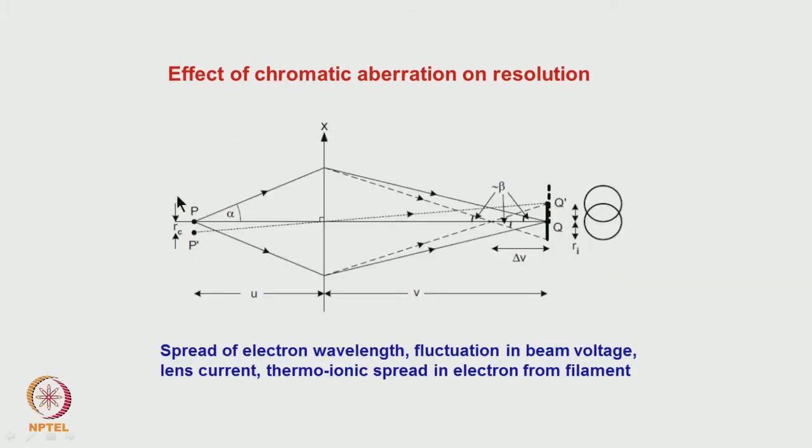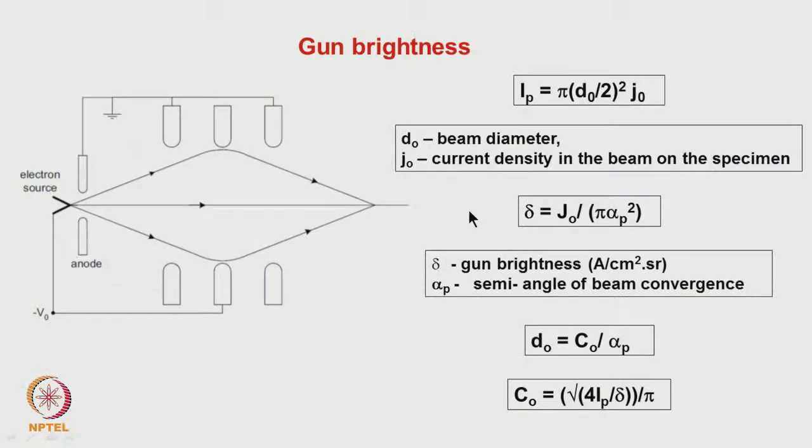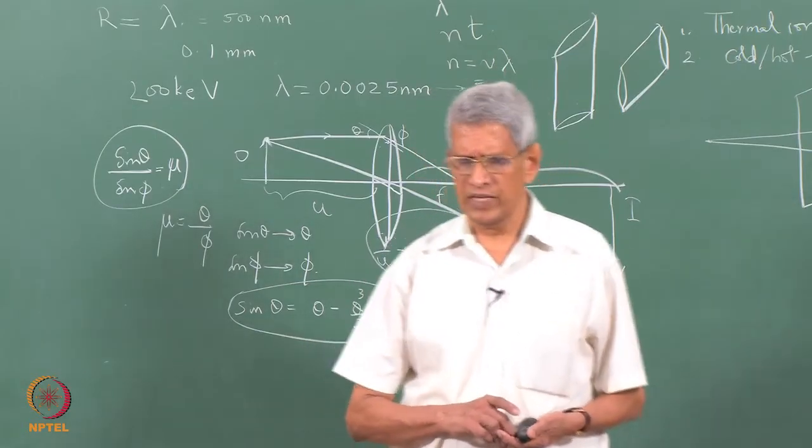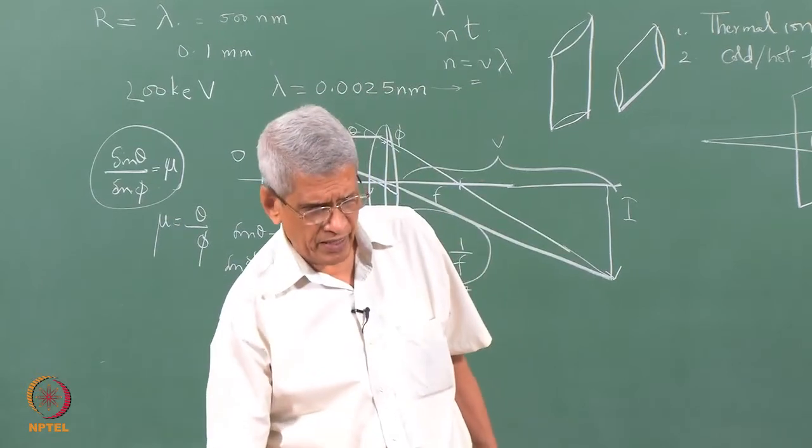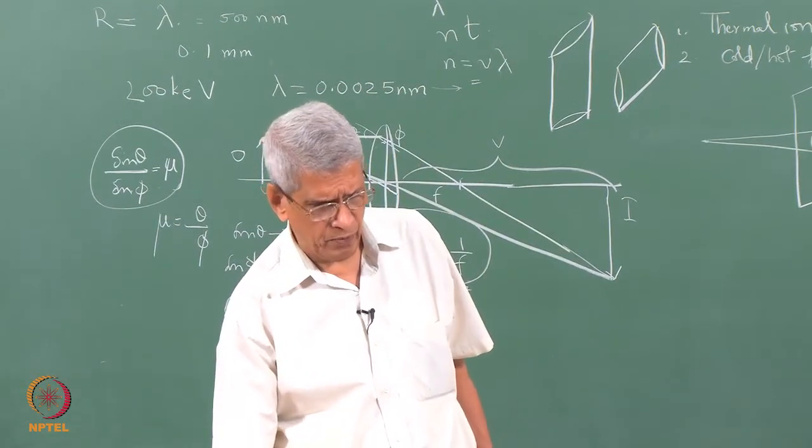The same thing happens with chromatic aberration also, because for a point object we get a disk of least confusion. At some particular separation between them, the overlap is such that we are still able to resolve them as two individual ones. So far we have considered lens aberrations, both spherical and chromatic aberration, and how they affect the resolution.